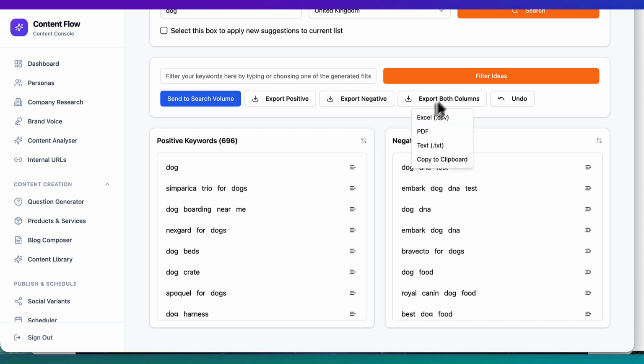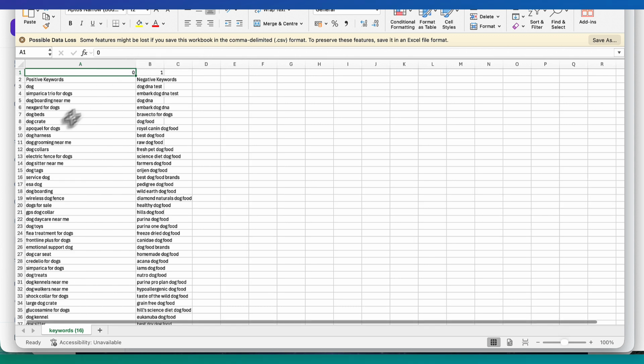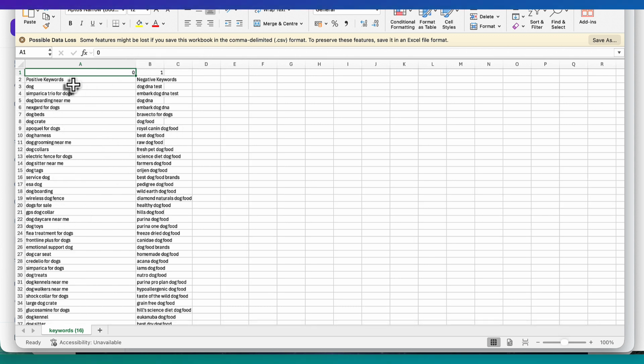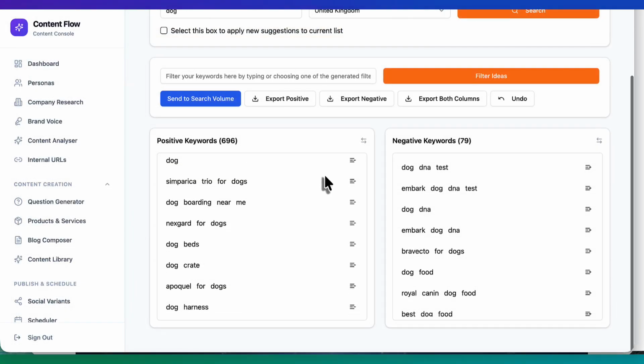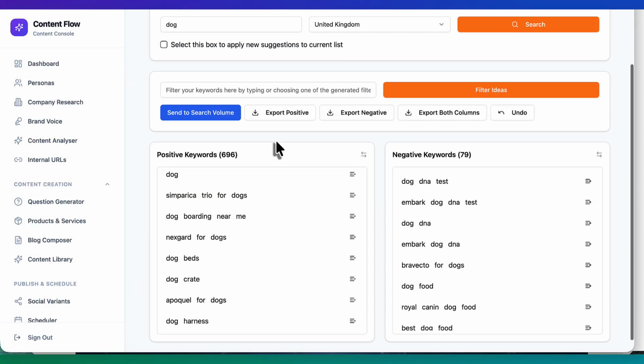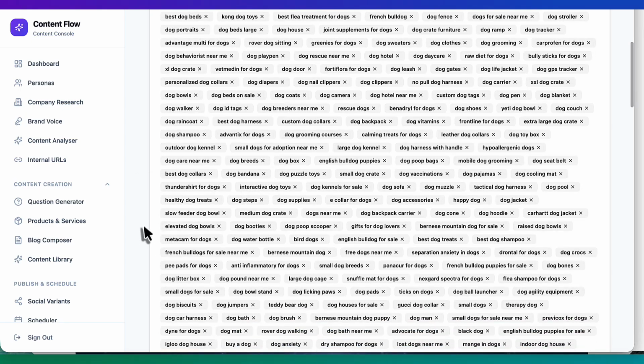export both columns. So we can export that like so. And this is really good for your paid advertising. So you've then got your positive, negative list, change the positive into exact match and offset it against the negative. Therefore, the conversion rate is going to be a lot quicker, a lot faster, higher. You've then basically, once you've got your list of positive keywords, you can send those direct and you have a quick look through, delete what you don't want,